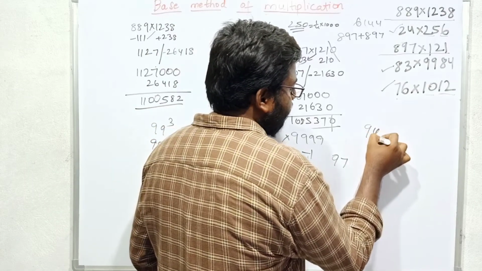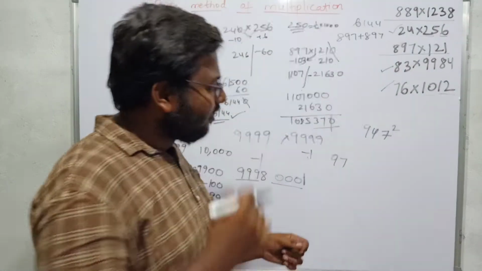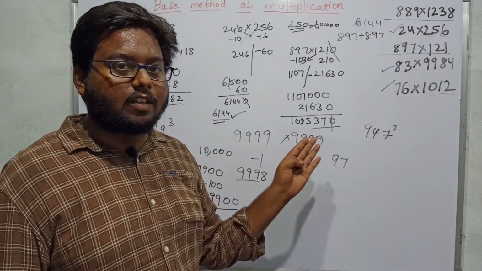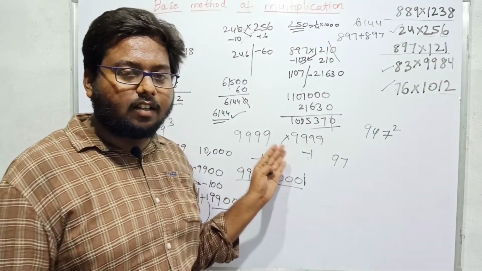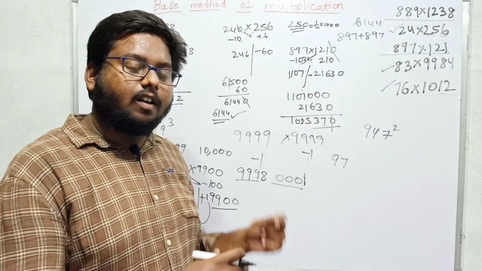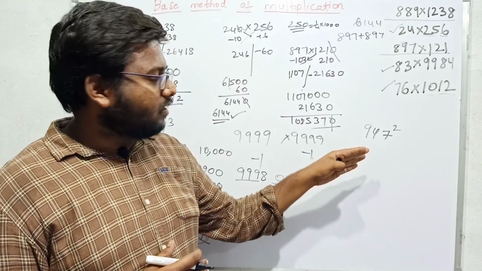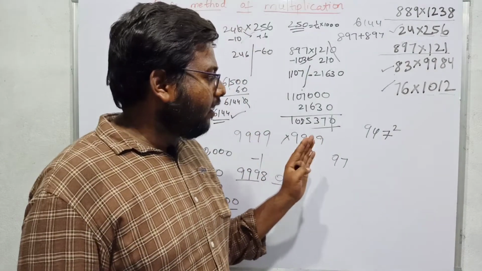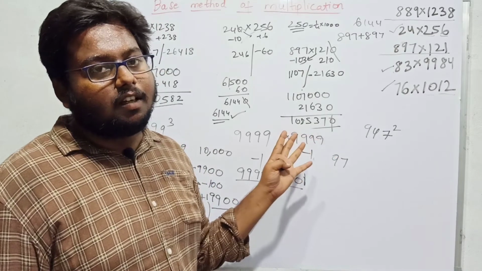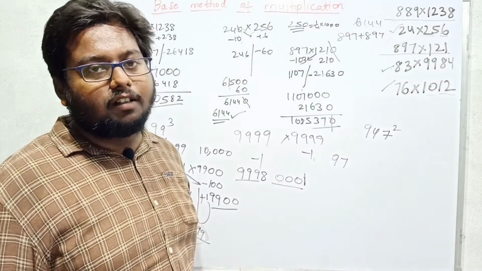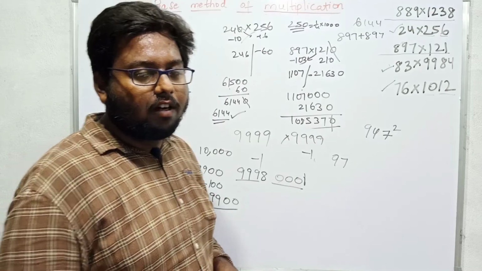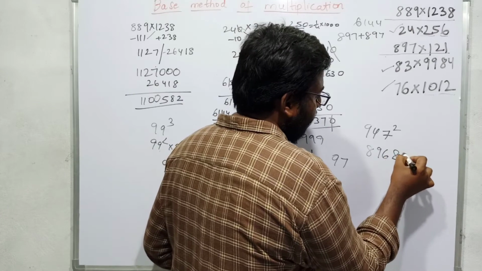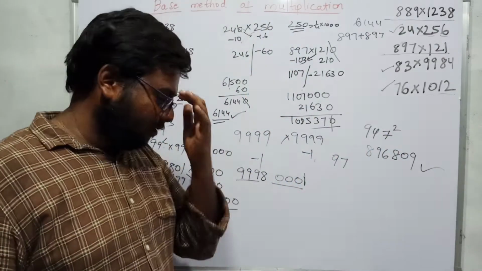For example, if you want to calculate 947 square, how much gap is 947 from 1000? It is 53 gap. 53 I can write as 47 plus 6. So 47 gets cancelled. 947 minus 53 is nothing but 900 minus 47 plus 6, so you will get 894. 894 slash 53 square, which you will write as 2809. You know how to calculate 53 square, I discussed in the last class. So the 2 in 2809 will be added to 894, that will be 896, and 809 will be the square of 947.